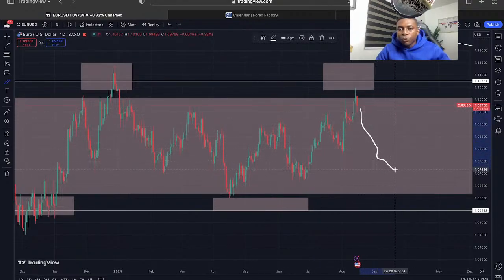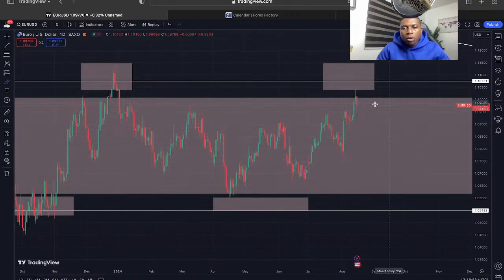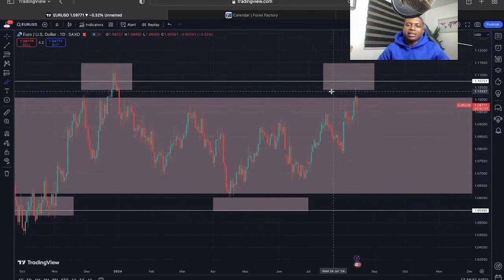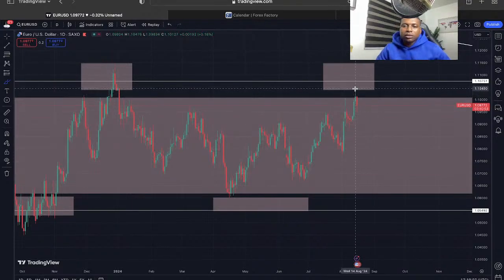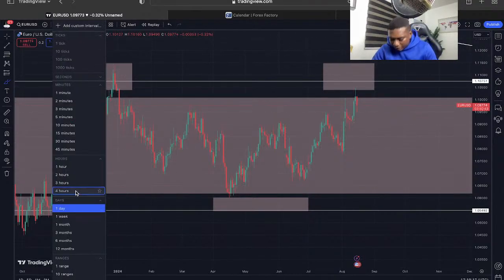That is for day traders, position traders, and swing traders. But we've established that price is sitting pretty much at a resistance zone, with the previous candle showing the rejection and also a bearish hammer. Now when we go down to the 4 hours time frame,